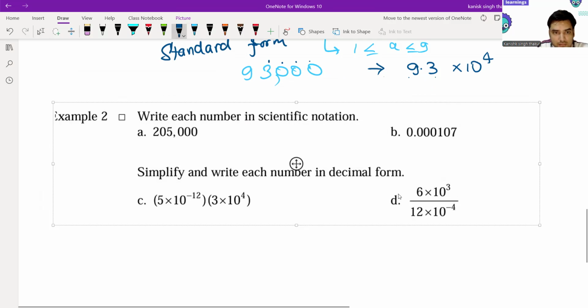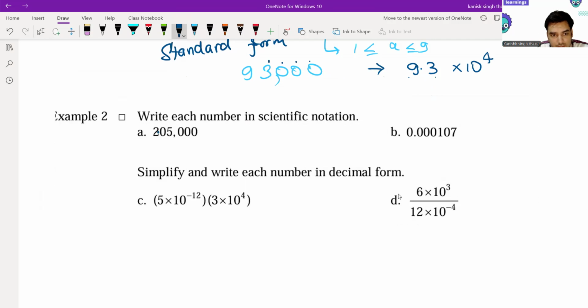So I'll put the decimal here directly, 2050. Then how many zeros do I have to put? 1, 2, 3, 4, 5. So I can write 2.05 times 10 to the power 5. I hope you got it, right? 2.05 times 10 to the power 5. Then I have to put the decimal here. So 1, 2, 3, 4, 5, 6, so 7,